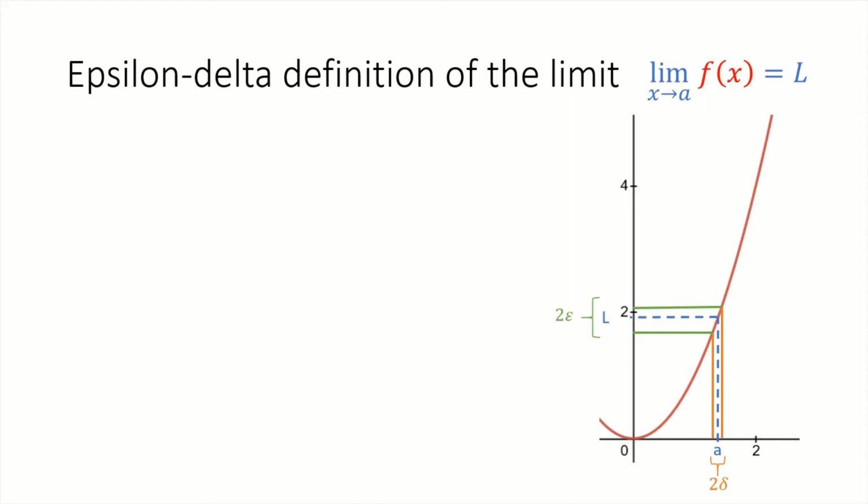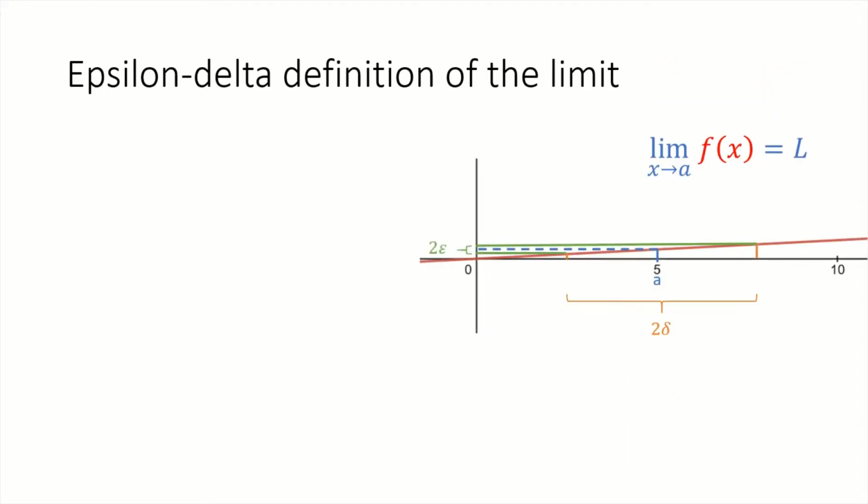Are we required to constrain to delta? If we look at the function with a tiny slope, we see that this is not necessary. We only need to assert the existence of a delta, which ensures that any point at distance delta or smaller from x equals a is mapped to a value no farther than epsilon from the limit, for any epsilon, no matter how small. No matter how much we compress the interval to delta, the resulting interval still satisfies the